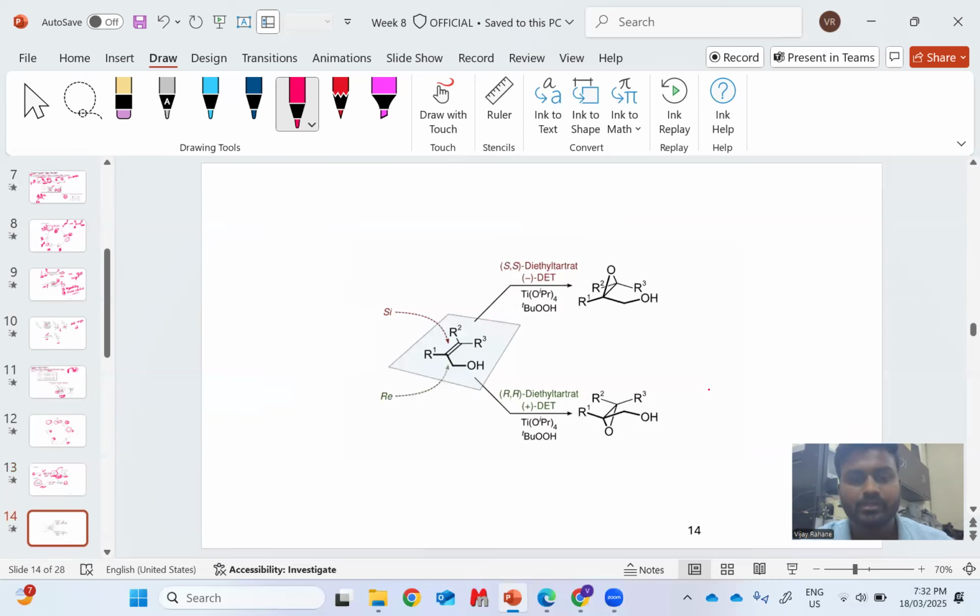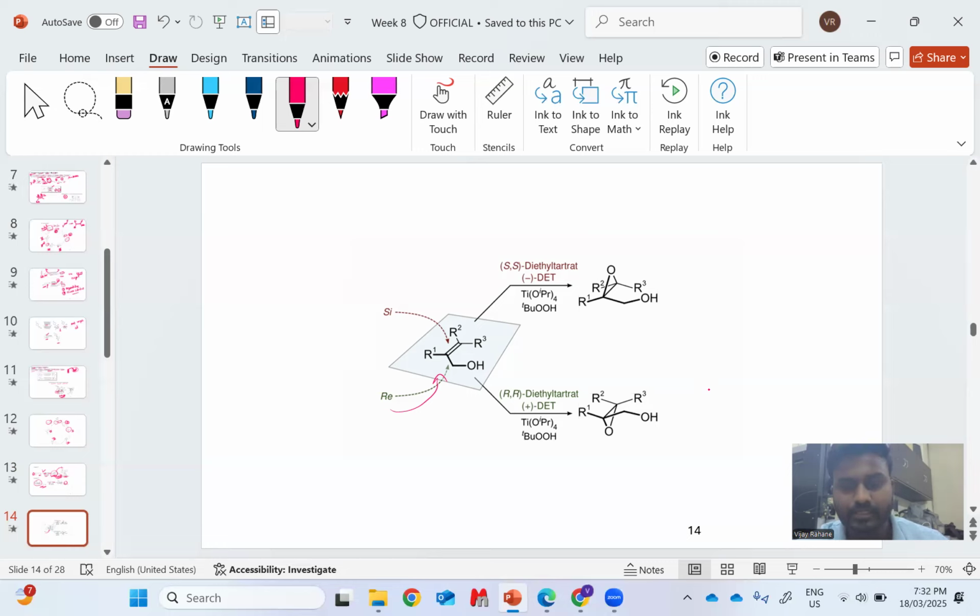So if I just summarize how this DET works: if you write the structure of the alkene starting in this fashion, in which the hydroxy group is located in this manner and R1, R2, R3 in this way, the attack takes place from the Re face. Then we get